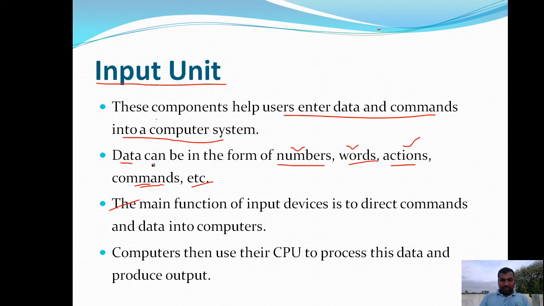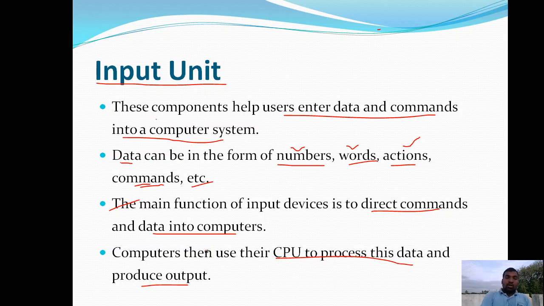The main function of an input device is to direct commands and data into computers. The computer then uses its CPU to process this data and produce output.